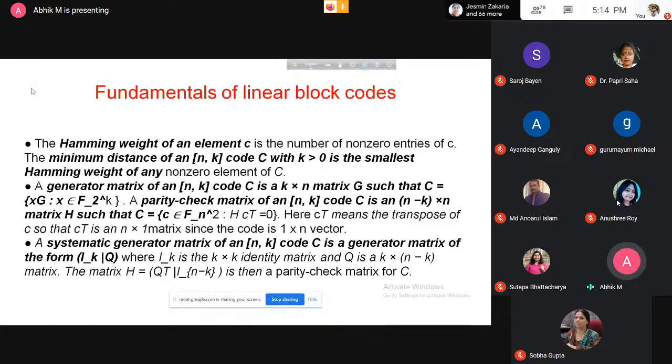In the design, there is a generator matrix which is used for the encoding part, and the parity check matrix. Then the received word is multiplied by the transpose of this parity check matrix, you get the syndrome, and from the syndrome you can do the decoding. And systematic means where the message